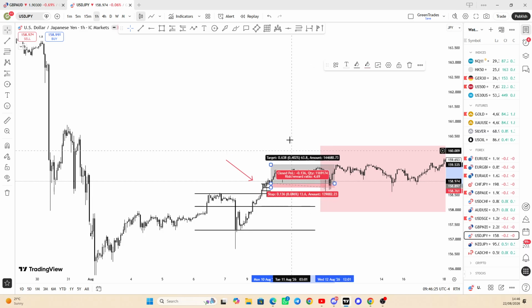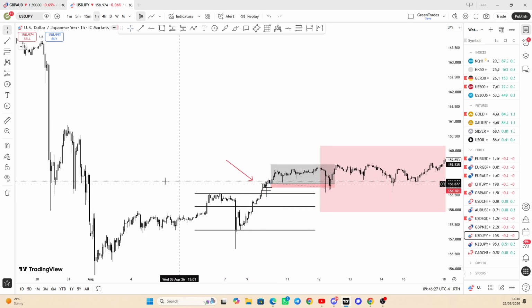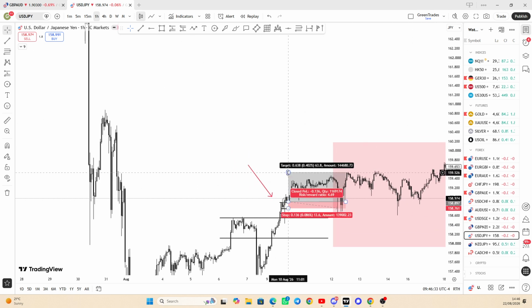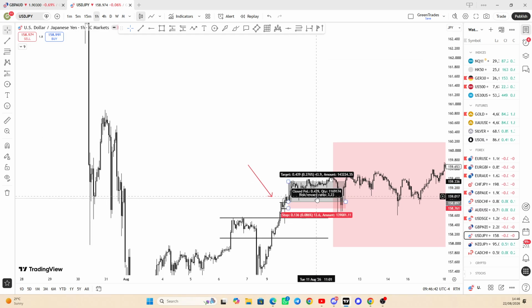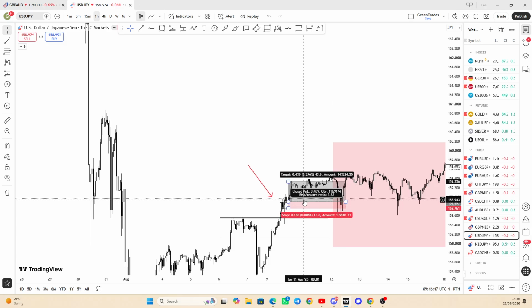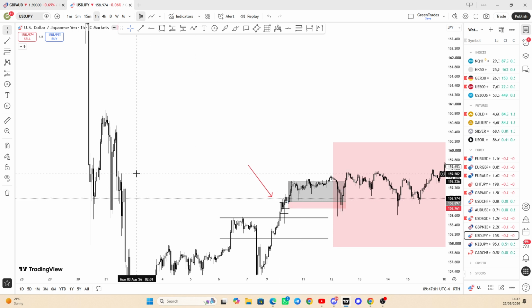To be fair, this would have taken you out of the market. But usually what happens, I like this example, because sometimes you want to target the wick, right? Because that's the wick that we're targeting. But if you targeted the body, then you would have easily come out of the trade without having it go back to hit your stop loss. That's why I usually tell everyone that I like using the full body, not the wick, because the body tells you what the market wanted to do. The wick gives you an indication of where the market went, but it doesn't clearly tell you where the market wants to go, right? So if you targeted the body of this high, then you would have